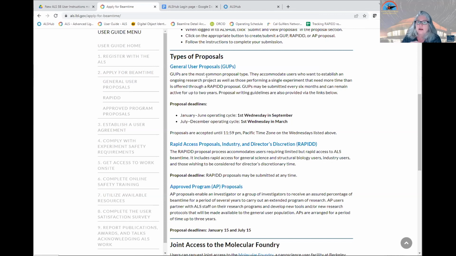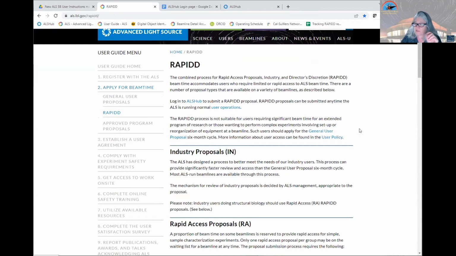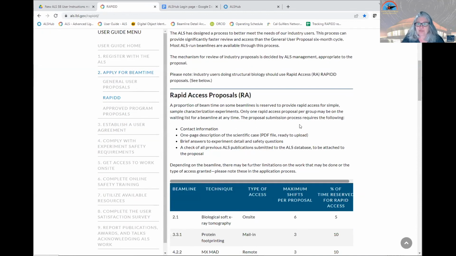So the next deadline is the first Wednesday in September, September 6th, to request beamtime for the first half of 2024. Now, many of you are like, I don't want to wait till 2024 to get beamtime, but you can submit a rapid proposal. Rapid proposals can be submitted anytime we have beam. Remember, we're shut down in the winter, January, February, and July, August. But when we have beam, you can submit a rapid proposal anytime. You can request time on one beamline